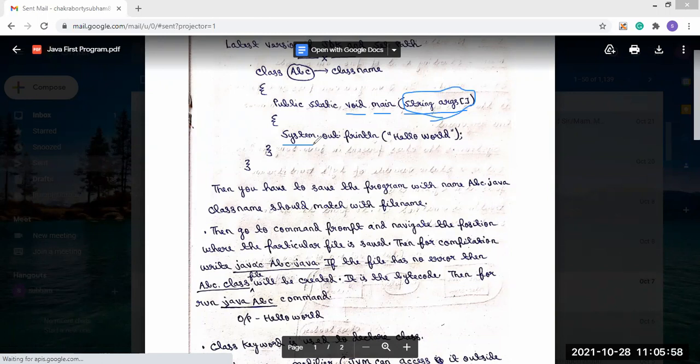Now, if we have to use those classes, relate it to when you did programming in C. For using the printf and scanf functions in your program, you used #include stdio.h, the header file, because stdio.h is the standard input output header file.